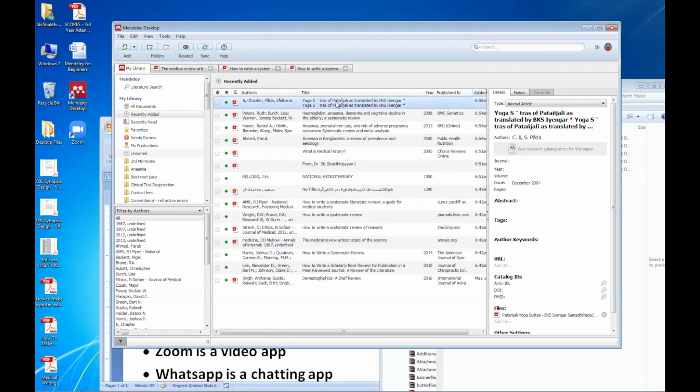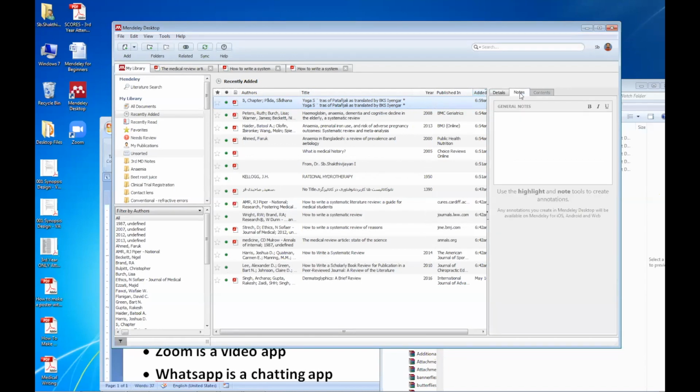Also, please understand one more thing. If there is any data wrong here, see on the right side, we see details of the page. I've selected here Patanjali Yoga Sutras. We see details of this. There is a notes section where you can write. For example, I write notes here. Important for Asana project. And you write a teacher's name. For example, my teacher's name is Karthik. For some reason, I'm writing this.